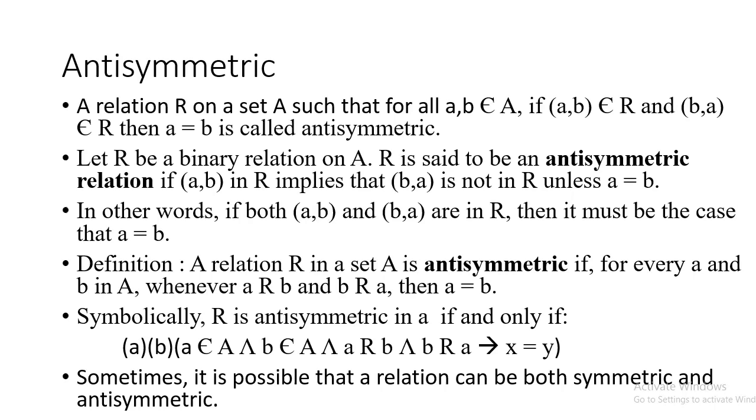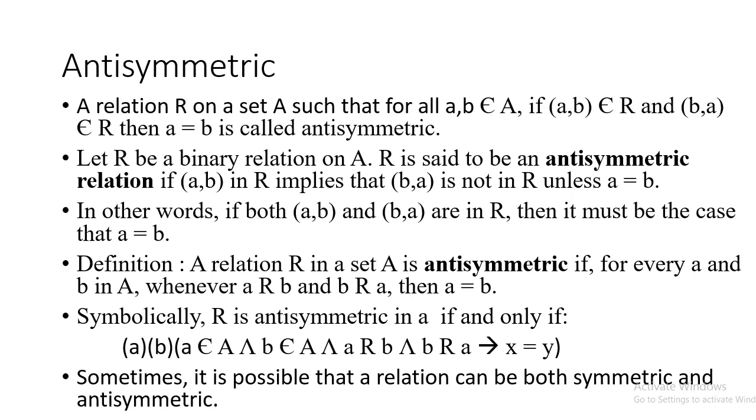A relation R in a set A is called antisymmetric if for every a and b in set A, whenever a is related to b and b is related to a, then a is equal to b. Symbolically, how can we write this antisymmetric relation? Symbolically, R is antisymmetric in A if and only if